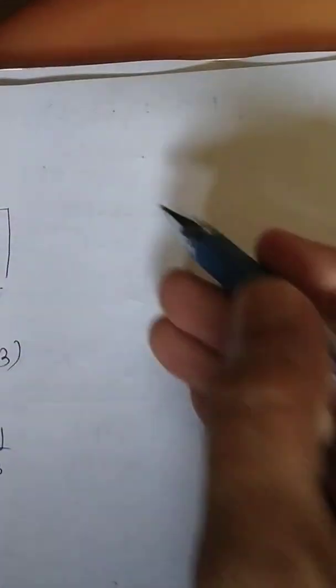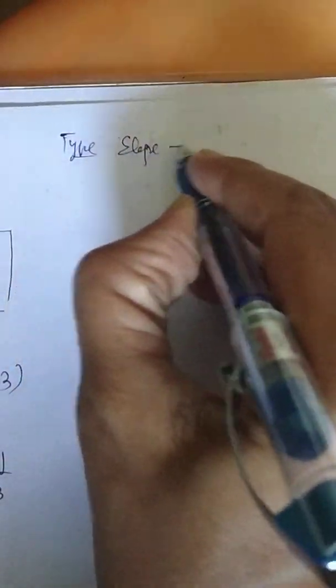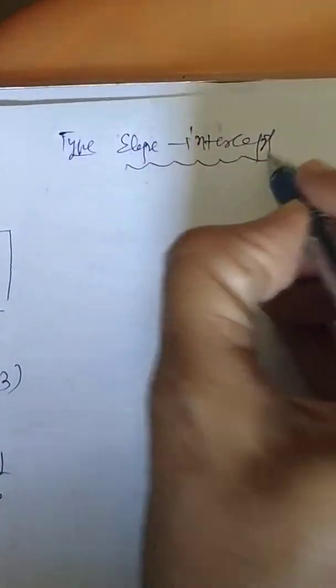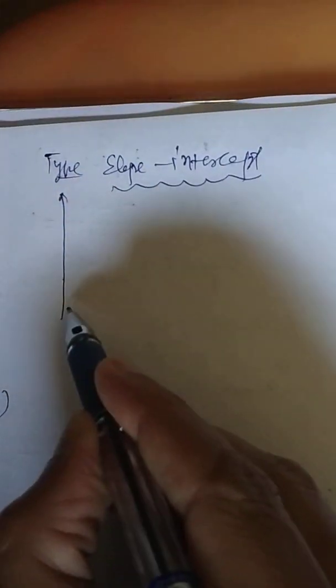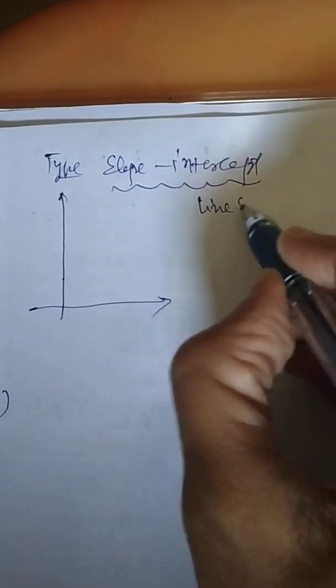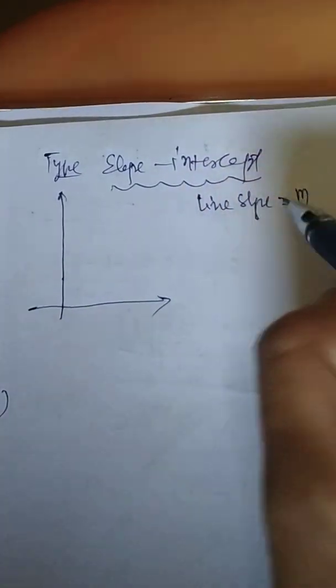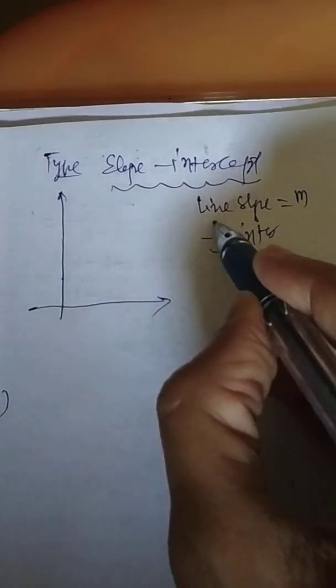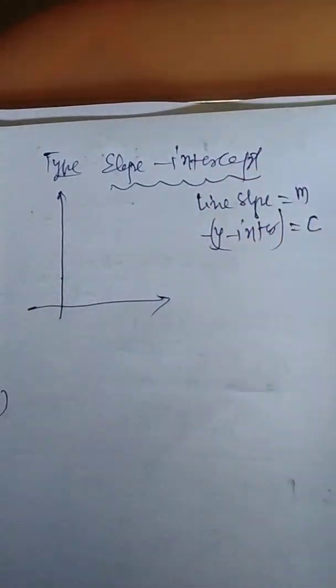Okay. So the two straight line forms so far you have seen. I am just going to explain the third one. It is called slope intercept form. When the equation is ready, you will come to know why this is called slope intercept. Try to understand the point first. Slope intercept means a line's slope is given to you, I am just considering slope to be m, and intercept means the y intercept is given to you, say it is c.